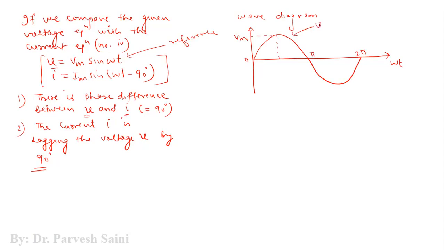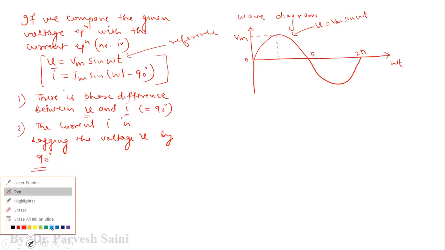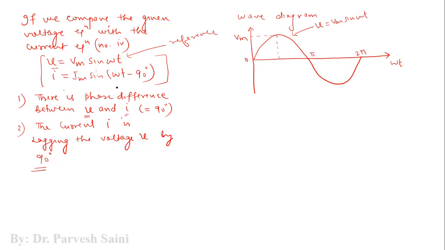This is your V equal to Vm sin omega t. Now, what about the current waveform? The current will start 90 degrees after the voltage. So let us see where the 90 degrees exists. It exists here, pi by 2, and this is your 3 pi by 2. So it will start from here,